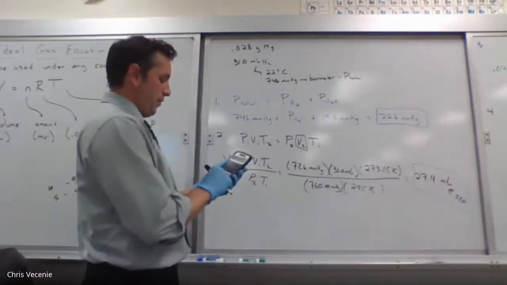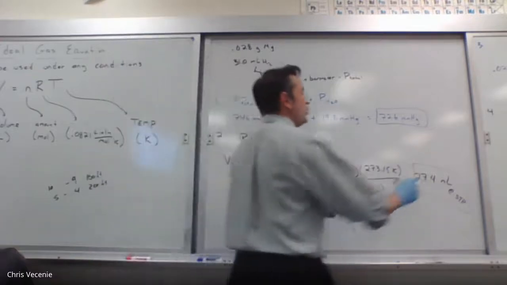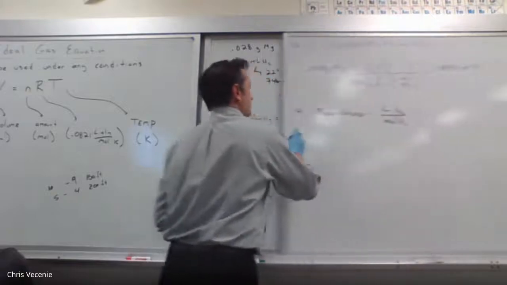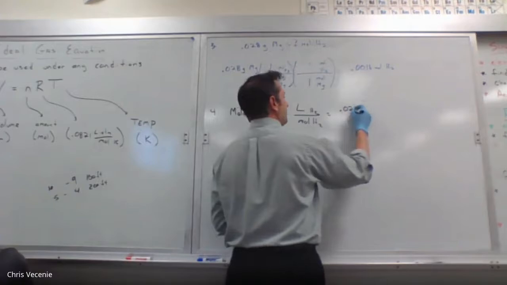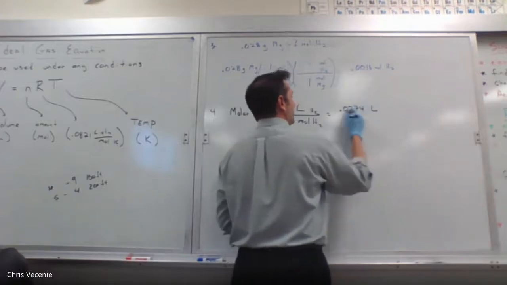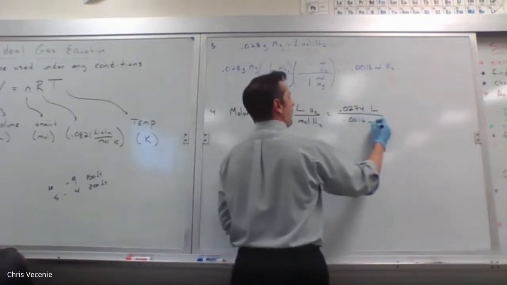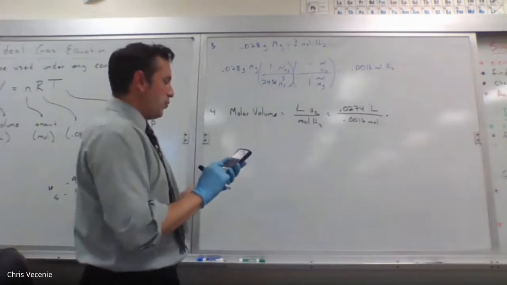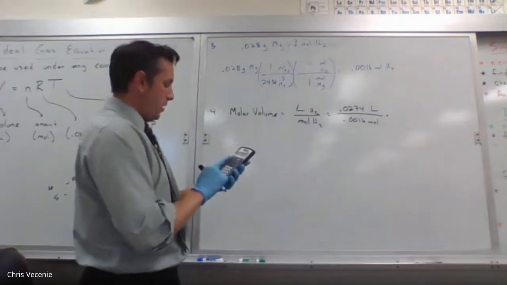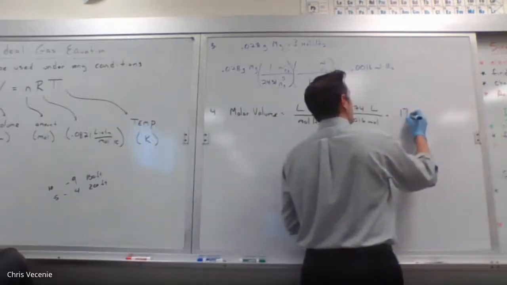So 27.4 divided by the 1,000. So we've got 0.0274 liters. And we have our mole number from right there, 0.0016 moles. So if we take our 0.0274 liters divided by 0.0016, we get a molar volume of 17